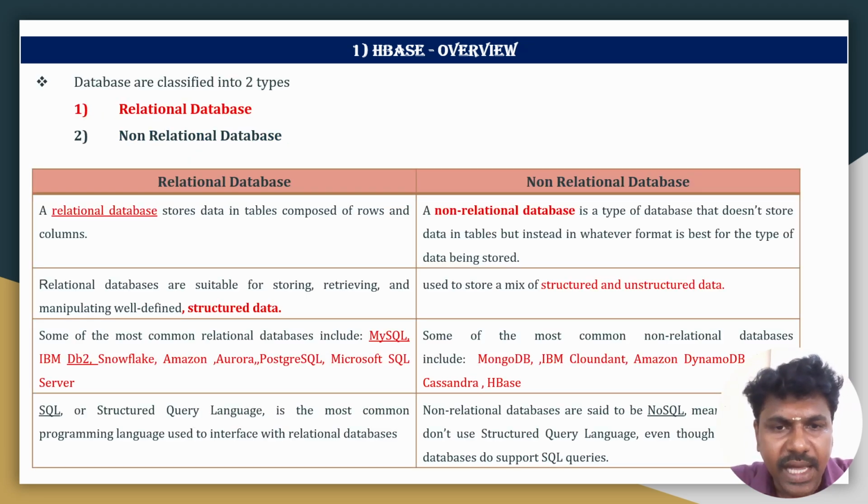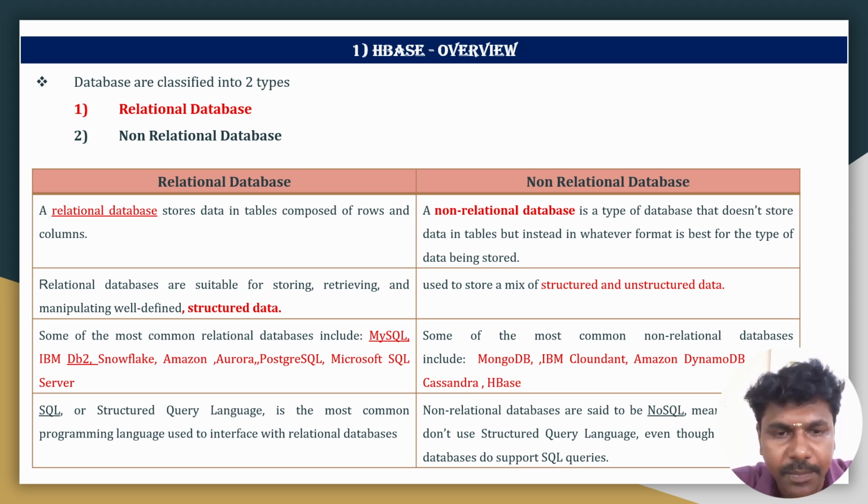So mainly databases are classified into two types. One is the relational database and the other is the non-relational database. A relational database stores data in tables composed of rows and columns, whereas a non-relational database, that is NoSQL, is a type of database that does not store data in tables, but instead in whatever format is best for the type of data being stored. Relational databases are suitable for storing, retrieving, and manipulating well-structured data, whereas non-relational databases are used to store a mix of